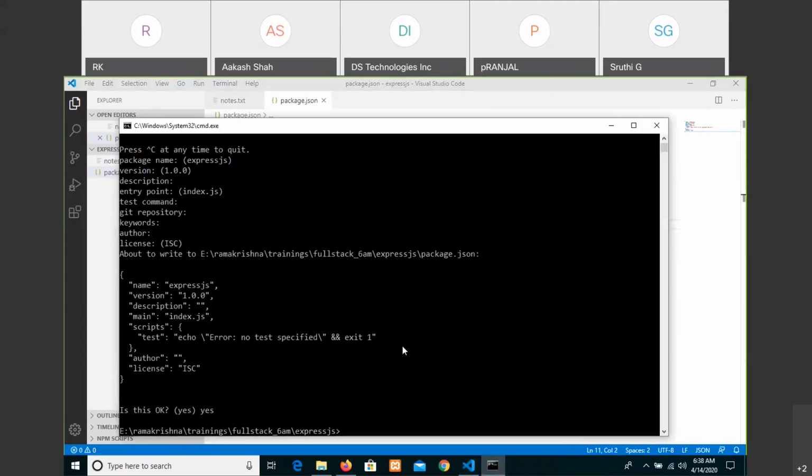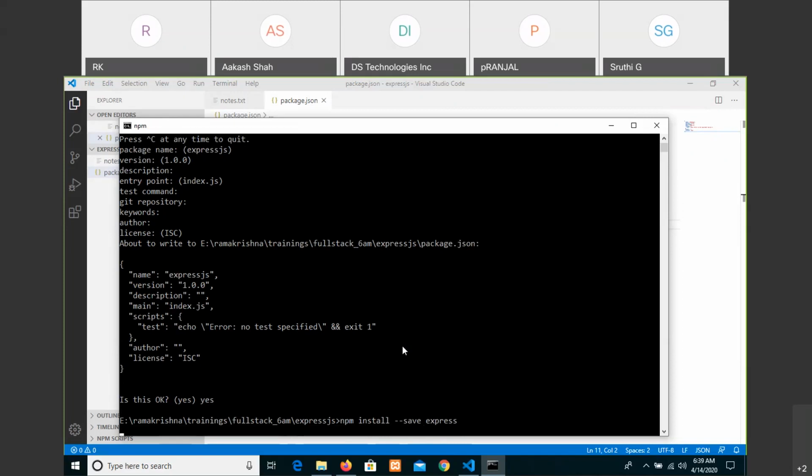So npm install --save express. Then it will install the express module and, at the same time, the corresponding or related modules also. Just hold on for a moment, please.